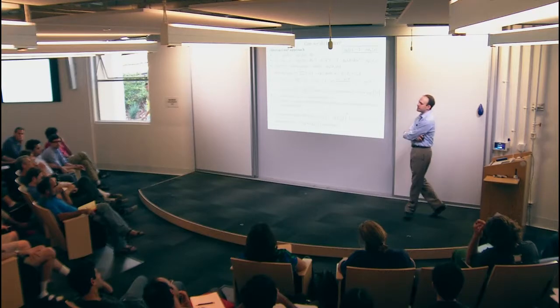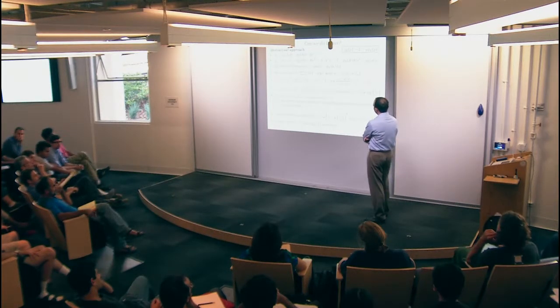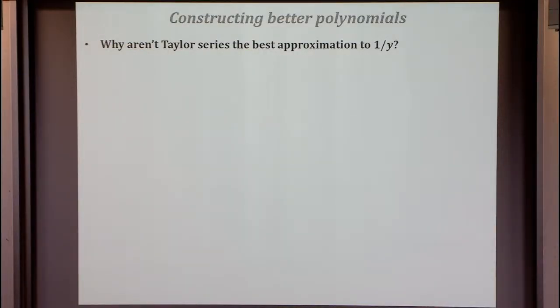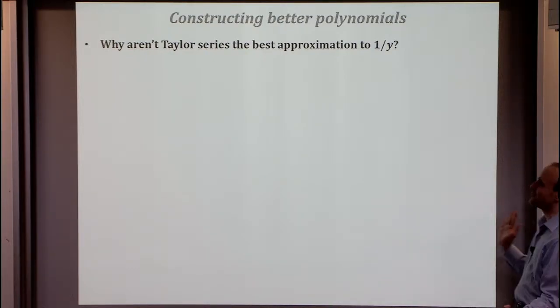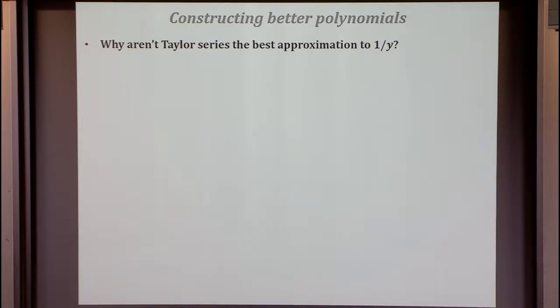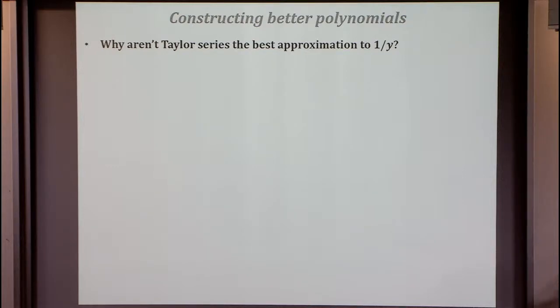Okay, so now how are we going to construct these polynomials? I guess the first question is, why would you even think that these exist? I'm going to say out loud a couple of things about where these might come from. The first question you might ask is why the Taylor series is not just the answer. If you take an intro calculus class, you learn the right way to approximate a function by a polynomial is the Taylor series. And my assertion is that that's not really true.